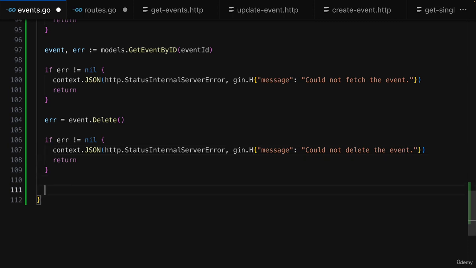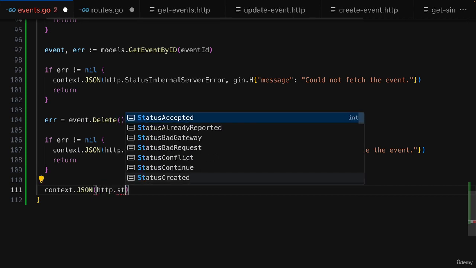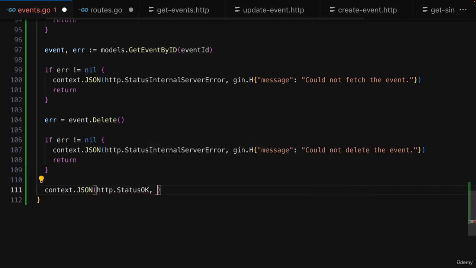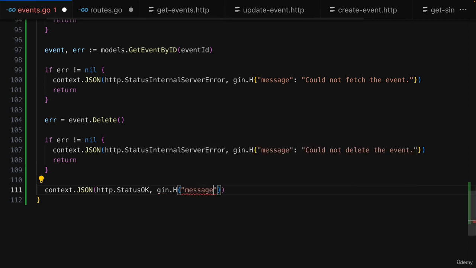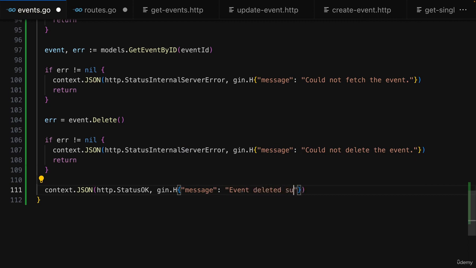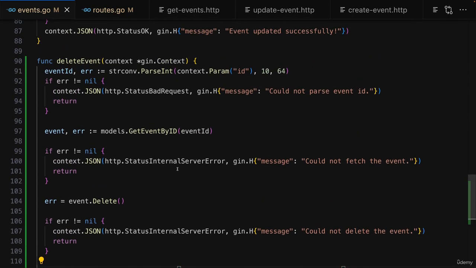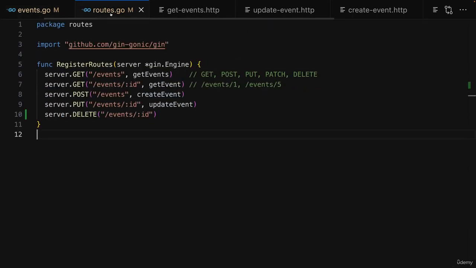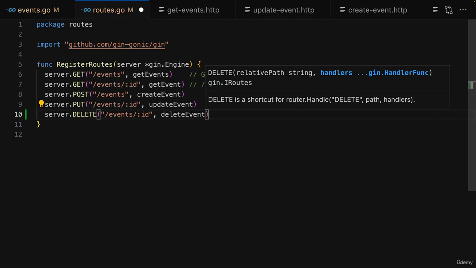But if we got no error, I will send back a success response with the OK status code, where I will also quickly create such a map with a message key where the message is event deleted successfully. And therefore now we should also be able to delete events. At least if we go back to routes.go and set this newly added delete event function as a request handler